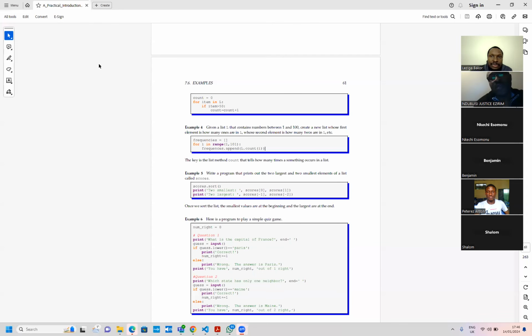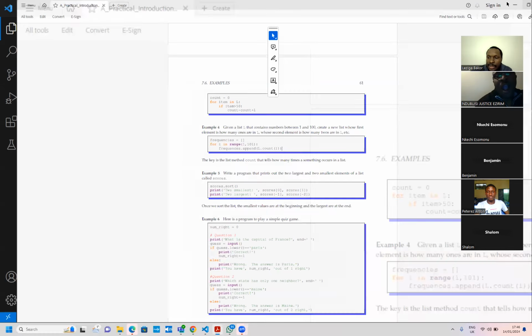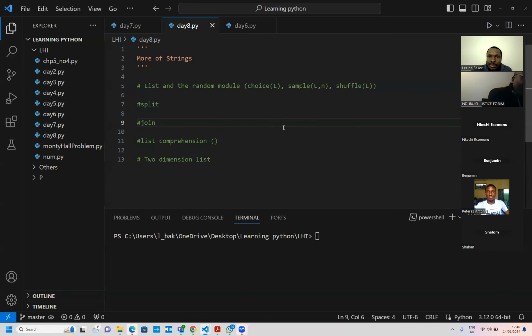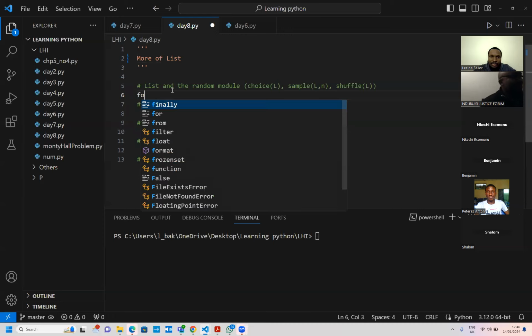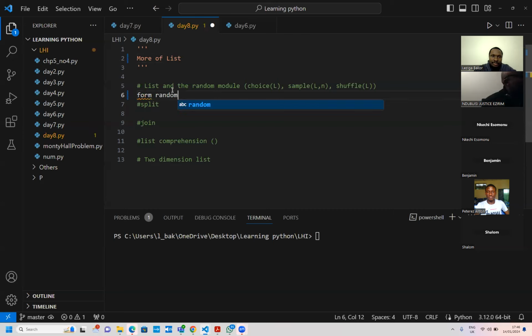All right. So today we are still continuing with lists, because the next chapter says more on lists, not strings. More on lists. And then we'll start with lists and the random module. We've talked about this random module where we could say from random